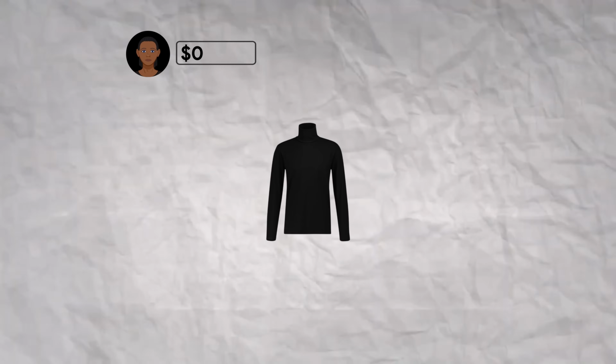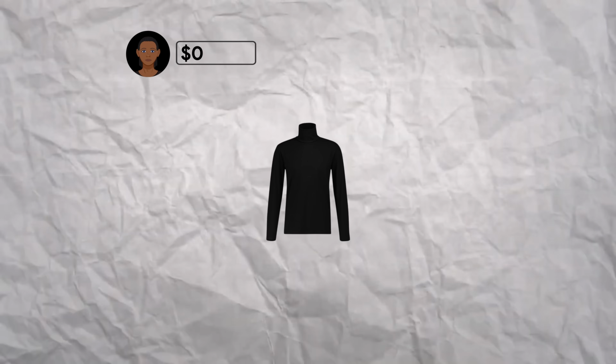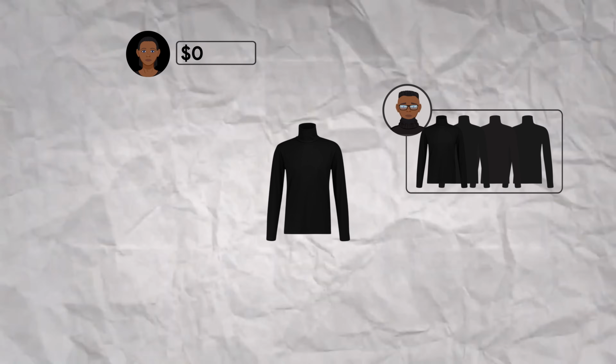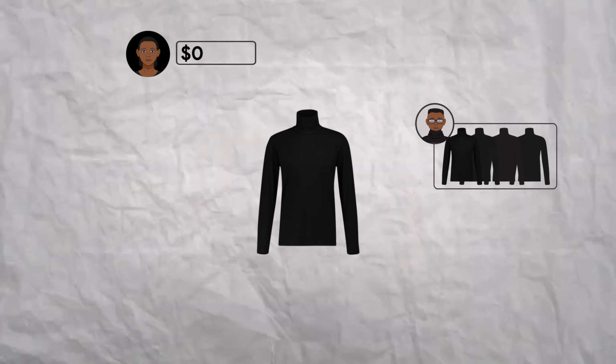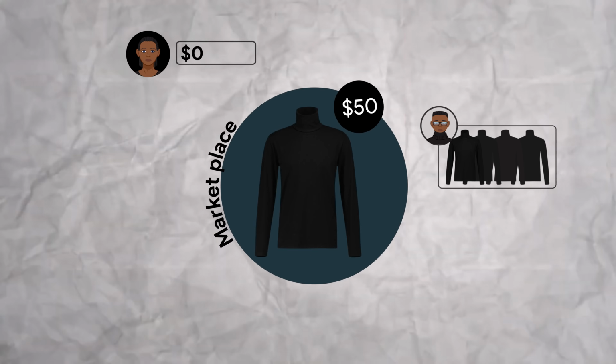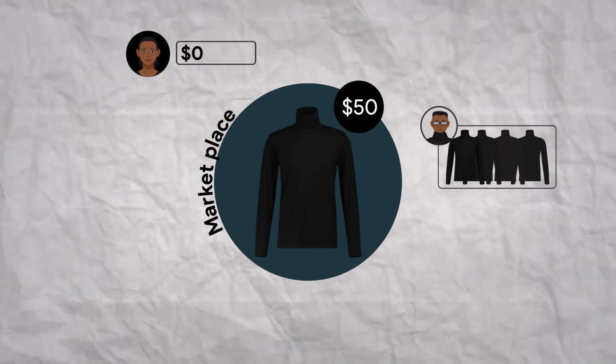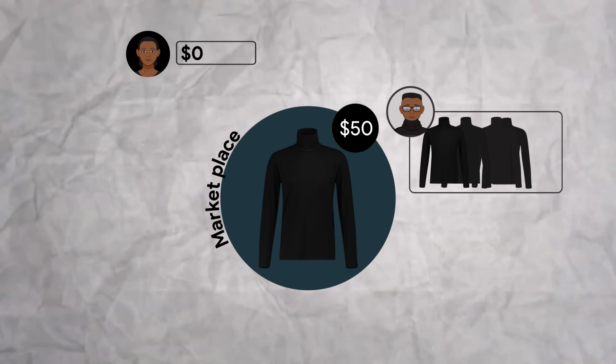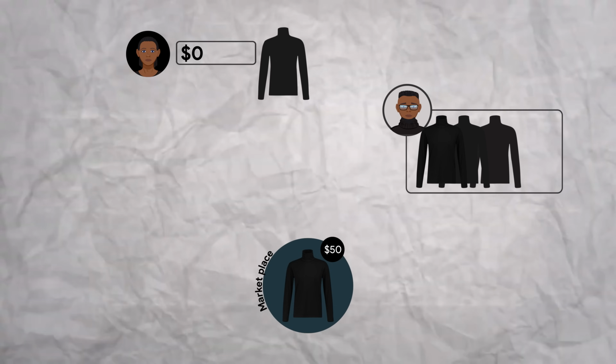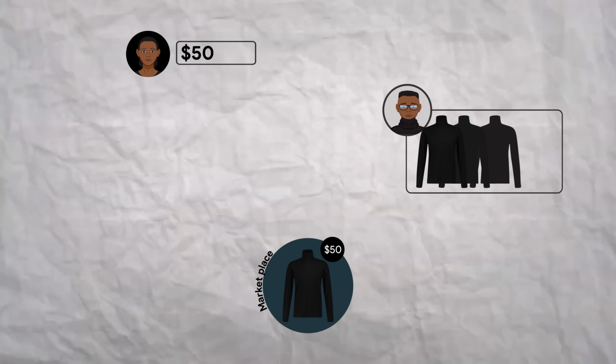So say you wanted to do a transaction on turtlenecks, for instance, and you don't have turtlenecks. You know a guy that likes to wear a lot of turtlenecks all the time. He has a lot of them. So if the price of turtlenecks on the market is generally $50 and you had some idea that they would go down in price, you can borrow that turtleneck from the person that has a lot of them, and then you sell it to someone at $50 immediately.